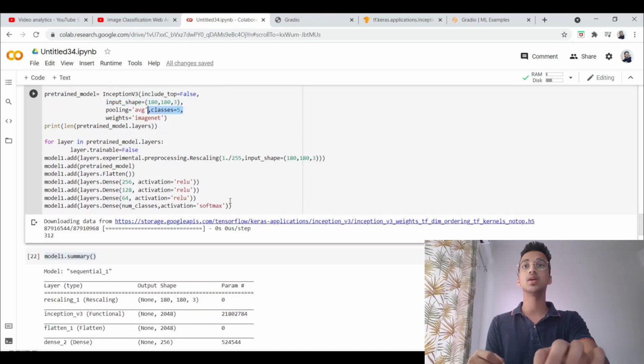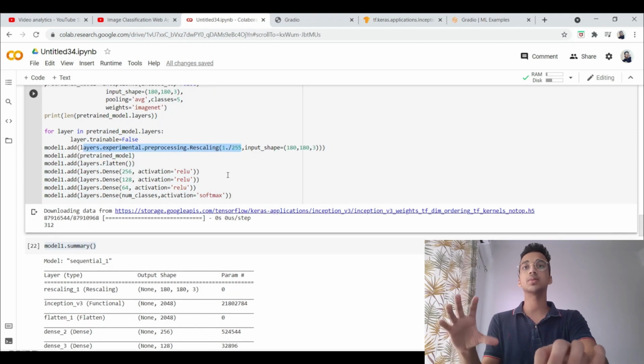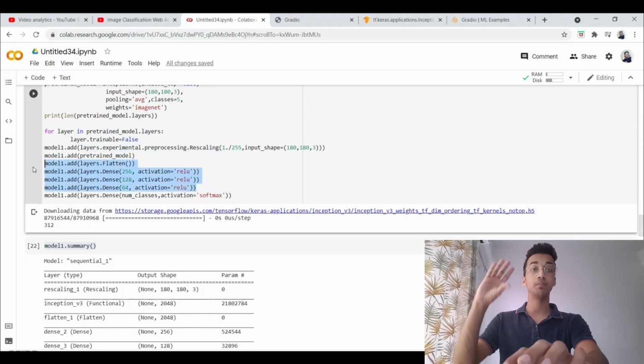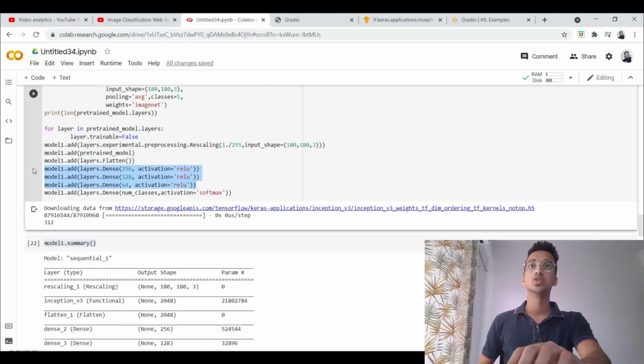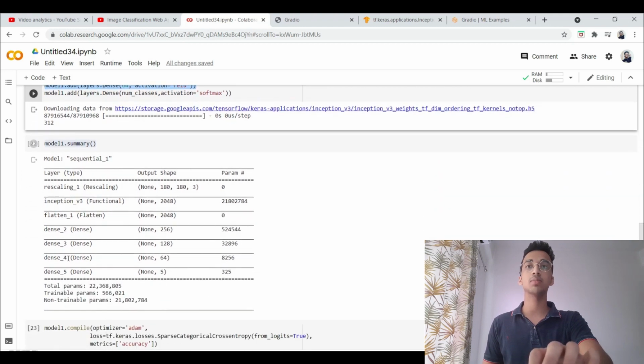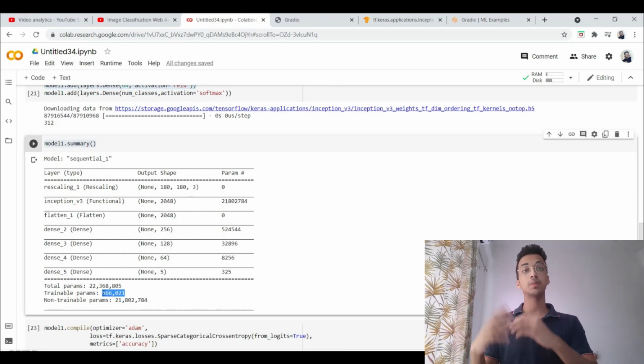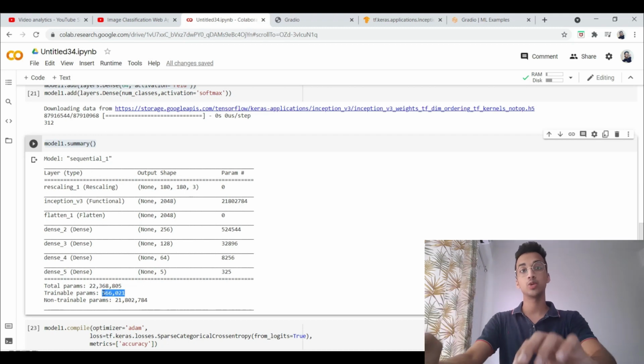And here are some layers that I'm adding. I'm adding a rescaling layer because I want to rescale the input by dividing by 255, and I'm adding some fully connected layers to my pre-trained Inception model. The benefit of using a pre-trained Inception model is that you can see the total number of parameters over here, and the actual trainable parameters are far fewer because I'm using the learned parameters of the original network.